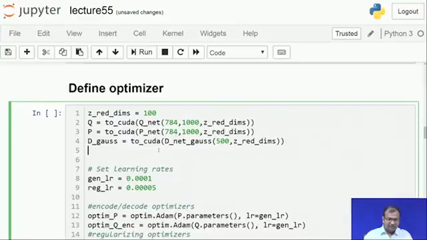So, in order to define your optimizer, this is where I make a few changes. One is this important part over there. Your z dimensions in the earlier case was just limited down to 2 variables. So, you had a 2D random number being generated out of this latent variable space. Now, this is what we have changed and made it 100,